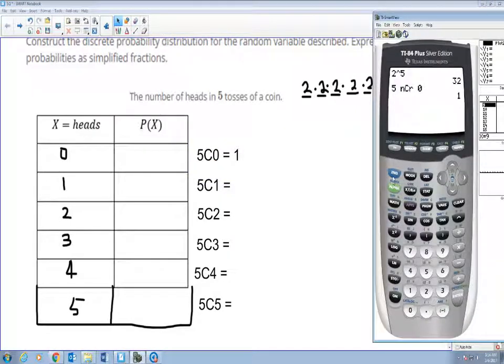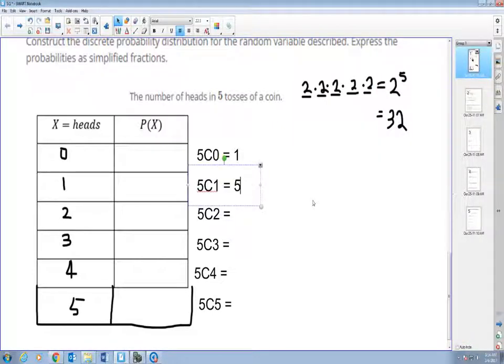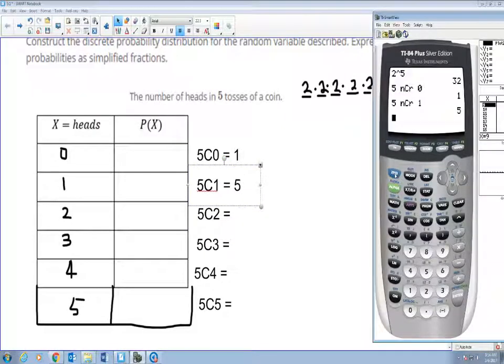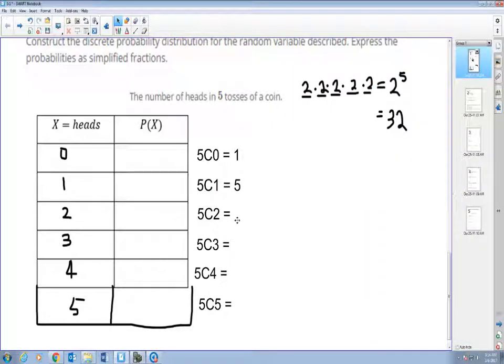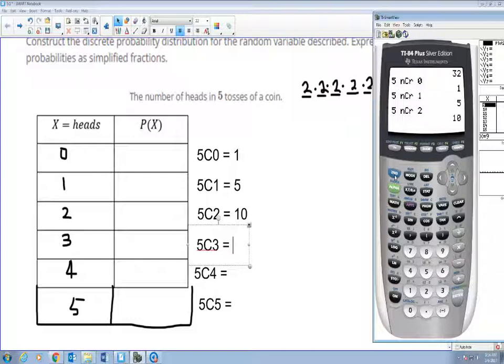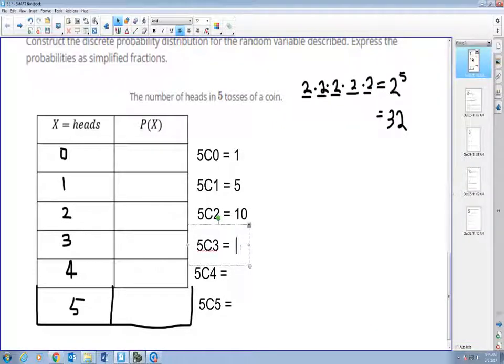Alright, 5 choosing 1 is 5 ways. 5 choosing 2 has to be 10 ways. So there are 10 ways I can end up with 2 heads out of 5 tosses. 5 choosing 3, which is another 10 ways. 5 choosing 4,